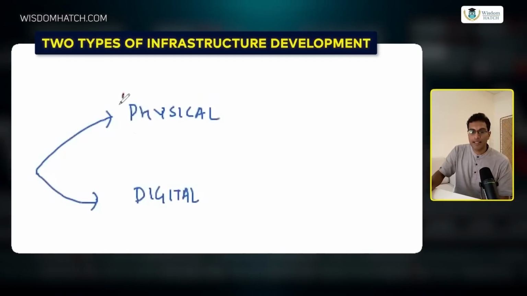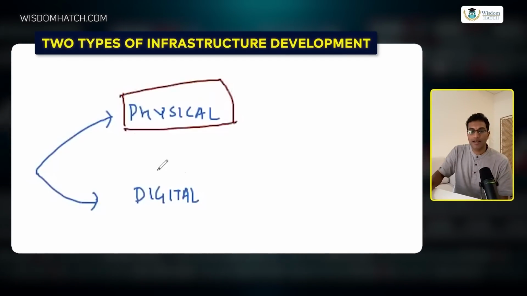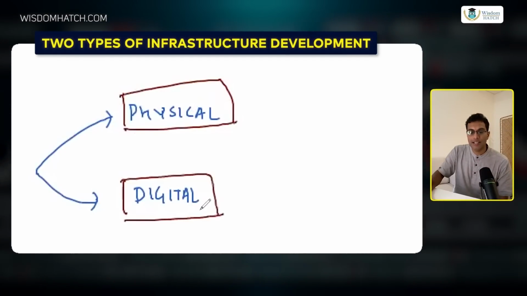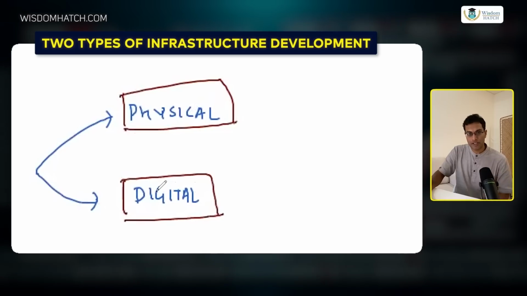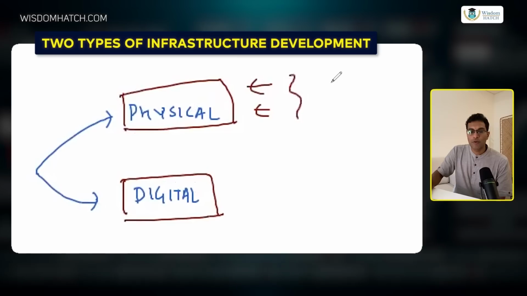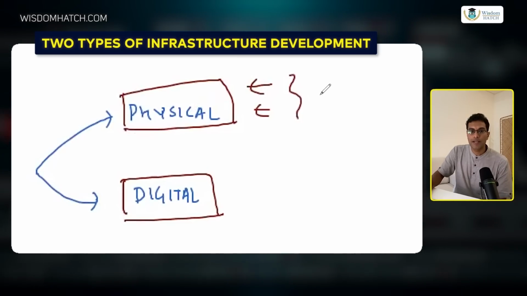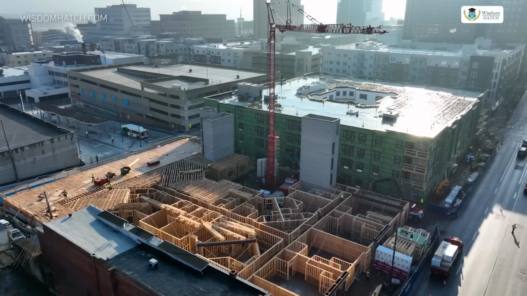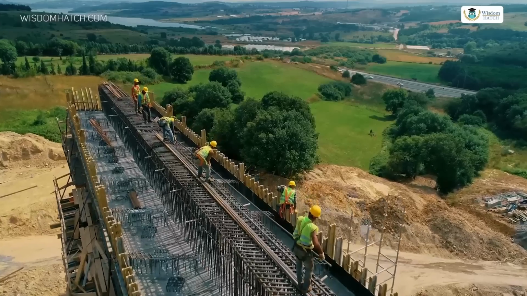Now let me talk about specific sectors. कि देखो यार, in India there are 2 types of things, right? One is that you can create physical infrastructure, and second you can create digital infrastructure. Both the infrastructures are important, but one could clearly see that the focus in the last 1.5, 2 years was on physical infrastructure. कि भाई ये ब्रिज बना दो, ये पुल बना दो, उसका इनॉग्रेशन कर दो